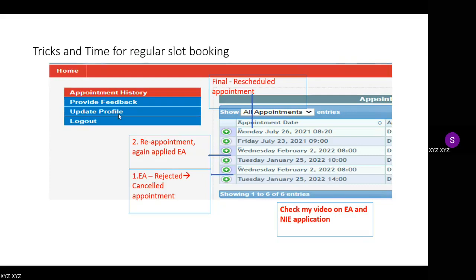But one experience I would like to share: just keep checking until you get the message that you have exceeded the attempts for that day. There are two error messages you used to get.